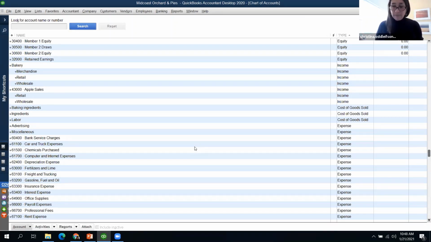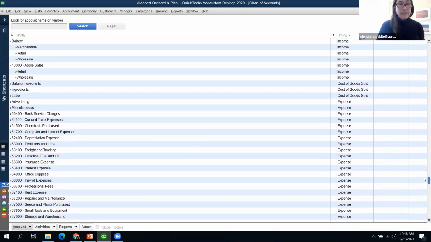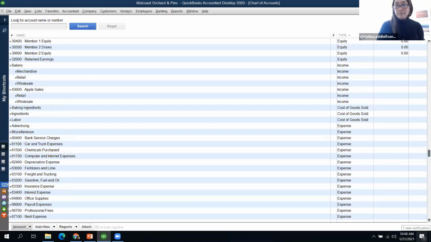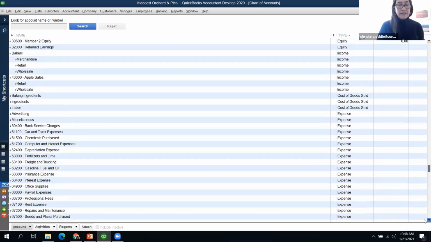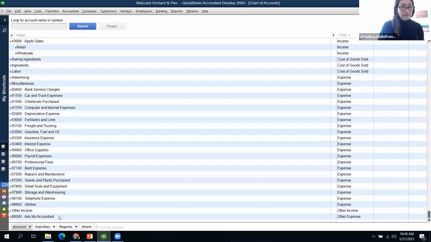I also want to talk about my favorite account, which is the Ask My Accountant account. QuickBooks often sets this up for you. It's at the very bottom there. But you can add it, and you can add it as any type, usually an expense account. And this is a great account because if you're putting something into QuickBooks and you start second guessing or wondering if you're using the right type of account, then stop and put it in the Ask My Accountant account,